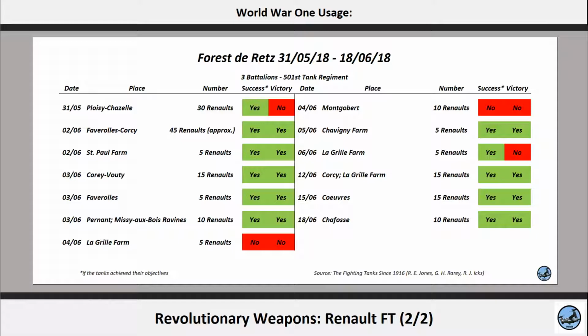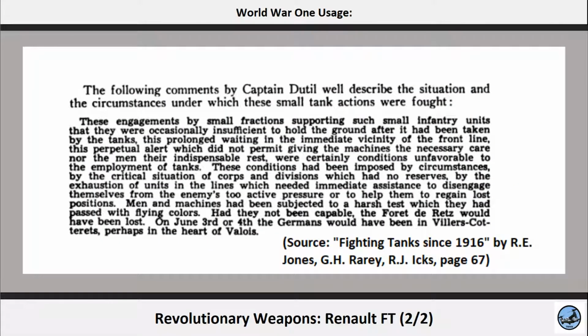Not everyone was happy with the way the tanks had been deployed, such as Captain Danil, and I quote: "Disengagement by smaller factions supporting such small infantry units that they were occasionally insufficient to hold the ground after it had been taken by the tanks, this prolonged waiting in the immediate vicinity of the front line, this perpetual alert which did not permit giving the machines the necessary care nor the men their indispensable rest, were essentially conditions unfavorable to